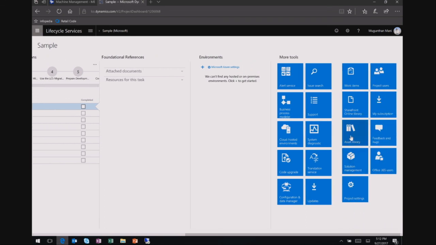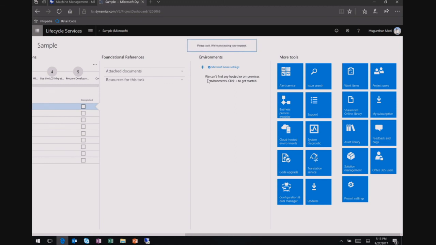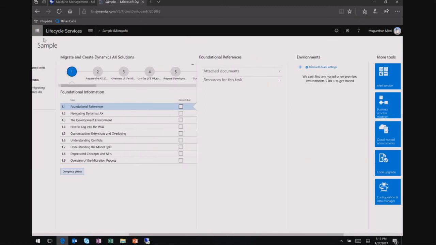Once the package is generated, if you click the asset library, you can select the software deployable package and add that zip file here. Then once you go inside your environment, it will show these packages, and you can just click apply. For example, I don't have any environment in this one, but it's the standard existing one, say X7. We didn't change anything on it. Just one thing we changed: we made it a simple deployable package.